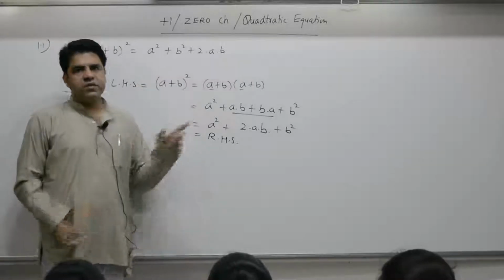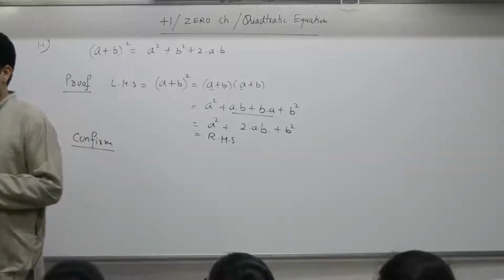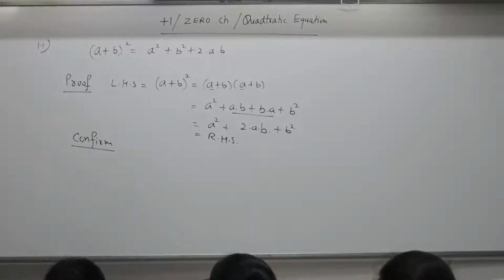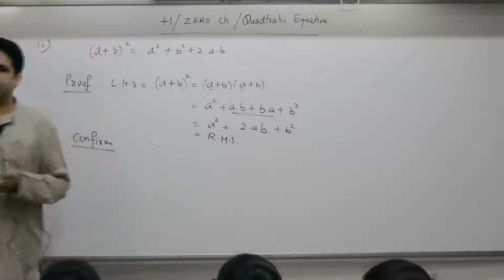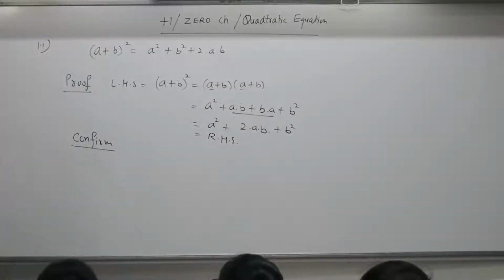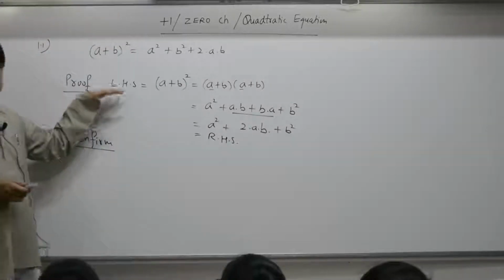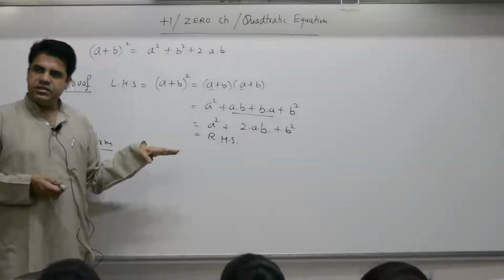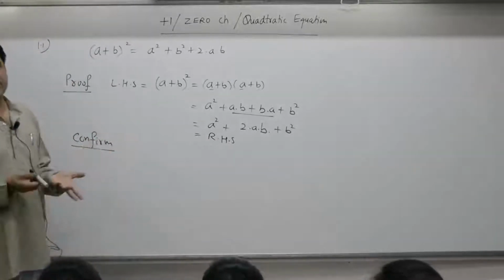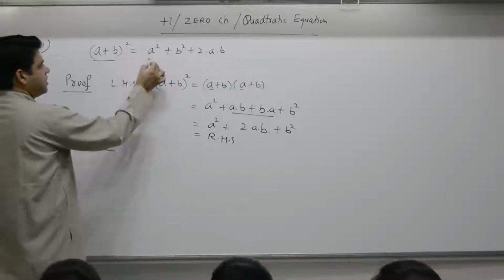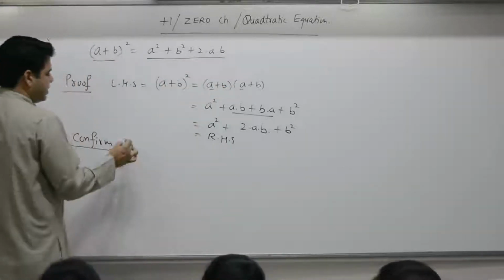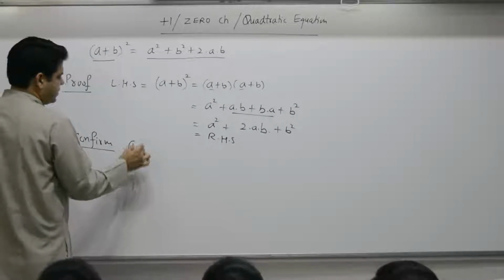The formulas which will come across are to be proved in mathematics class. But here we need to only confirm those formulas and practice them. That is why in most of the questions I will confirm that the formula is correct. We will practice it and then we will apply it. Confirmation is if a plus b square is equal to a square plus b square plus 2ab, then as a first step,